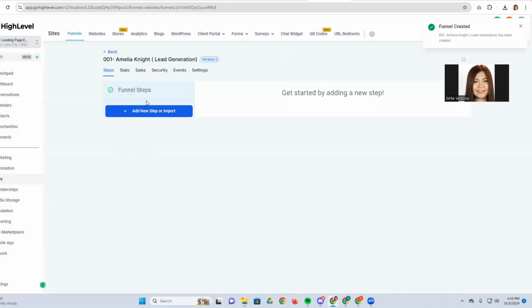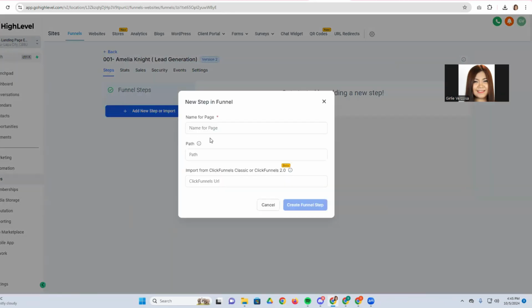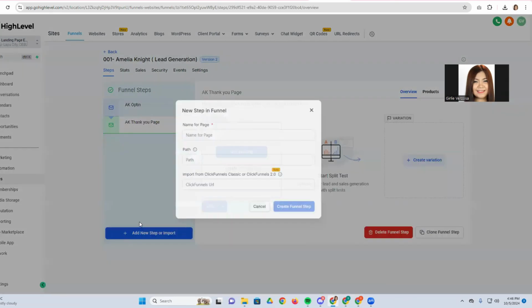Once you create it there, it will prompt you to create your funnel steps. So I have two steps that I'll create. Number one is the opt-in page. So let's say AK opt-in page, which stands for Amelia Knight. So let's create the funnel step. And then our second step is AK thank you page. Create a funnel step. Okay, so we have